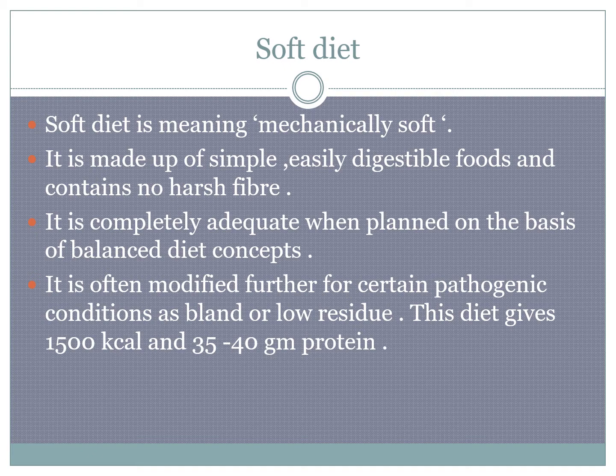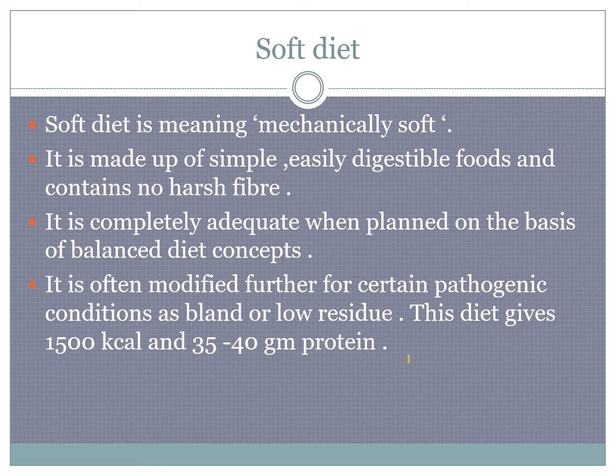Suppose we are giving it to a patient who has peptic ulcers, gastrointestinal ulcers and intestinal problems, then the patient may be put on a bland diet, bland with soft diet. Bland means non-irritating, non-stimulating to the peristaltic action, and low residue. When we want to make it low residue, all fibers need to be removed from the diet.